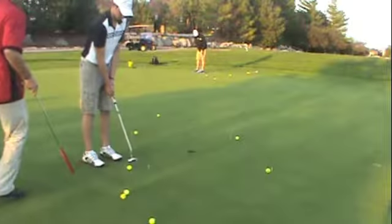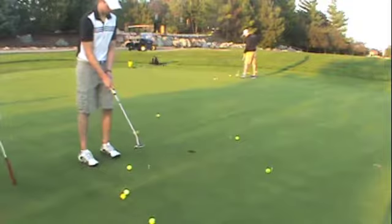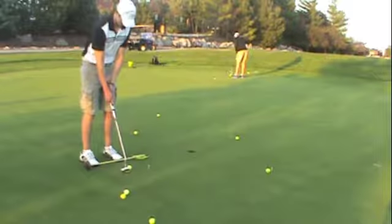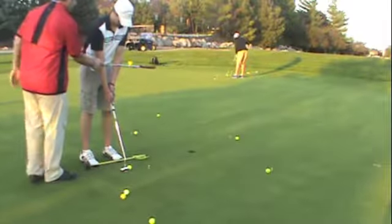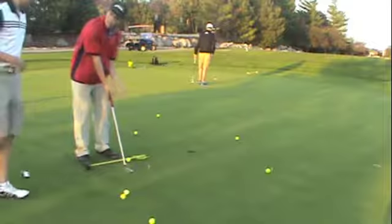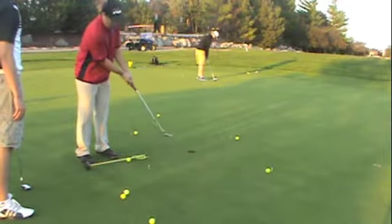Now, let me show you something. Go ahead and set up your ball. If this is your putting line here, go ahead and set up the ball. Your forearms, go ahead and step away. Forearm, you kind of pointed over there. So when your forearms are pointed this way, it's going to make you almost have to